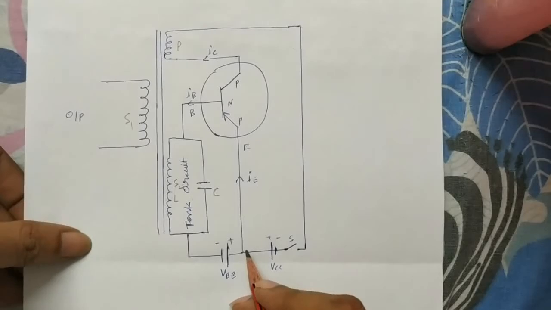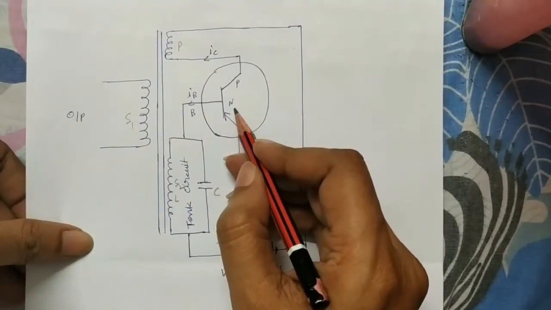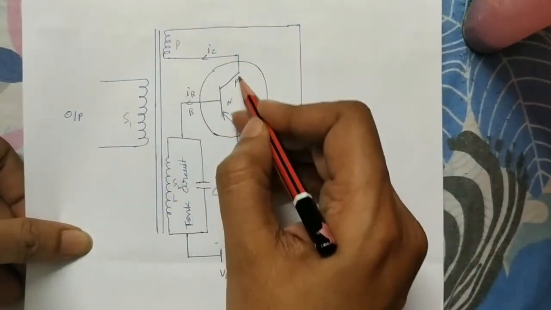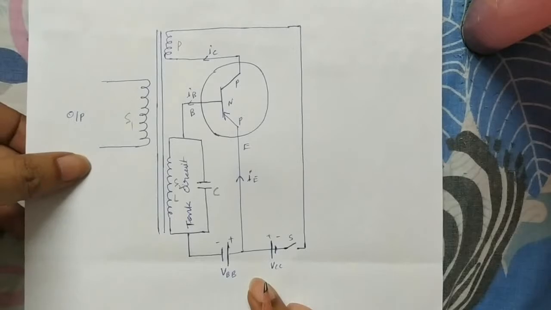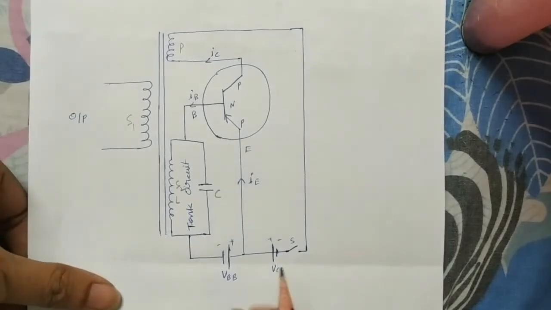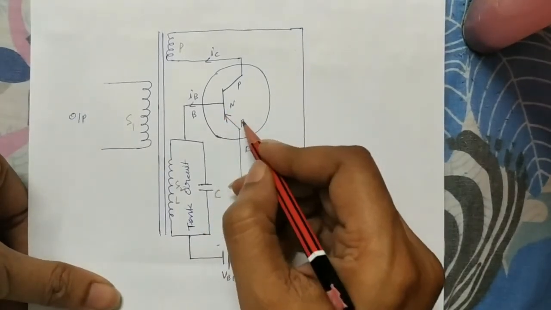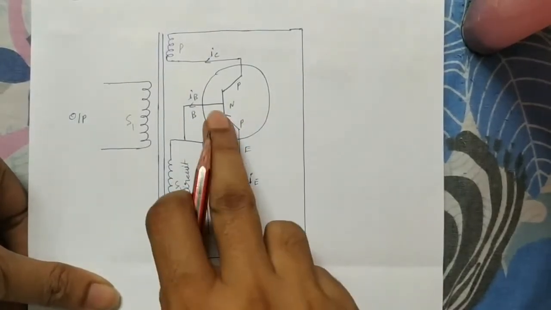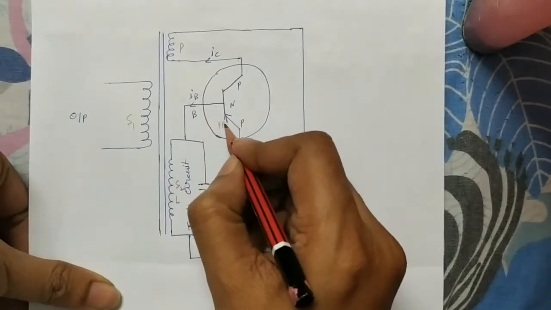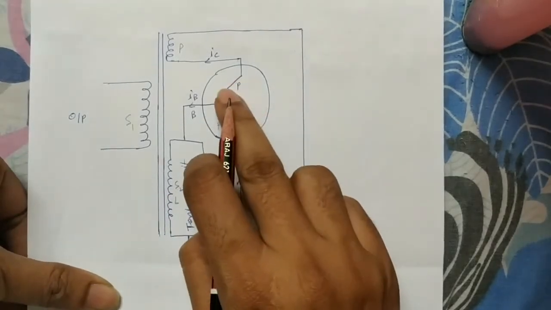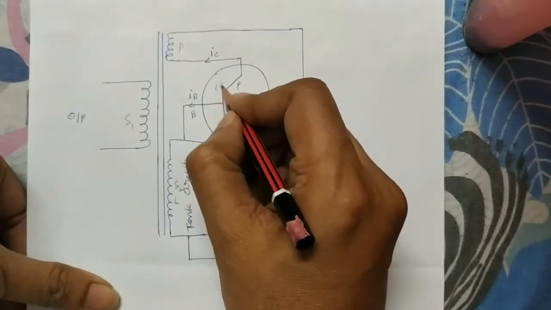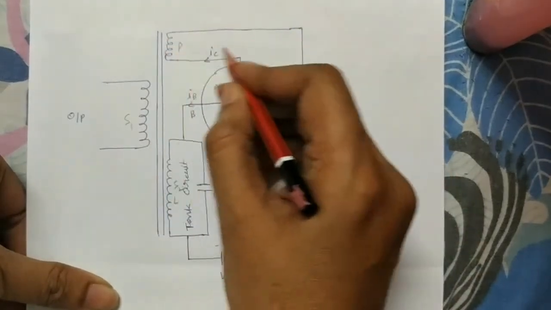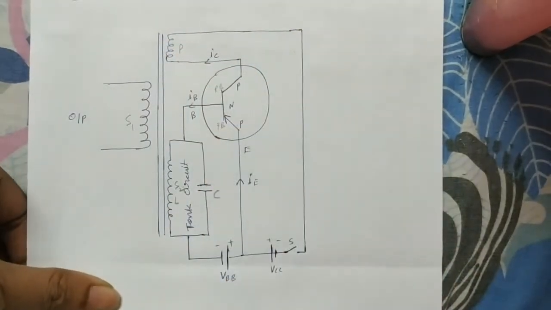First of all, this transistor is in common emitter configuration. The emitter is common for both base and collector. What is the general condition to use it as an amplifier? The emitter-base junction should be forward biased. That's why you see the P type connected to positive and the N type connected to negative: forward bias here. And this junction should be reverse biased. That's why, if you close the switch, the negative of the battery is connected to the P type, so it is in reverse bias.